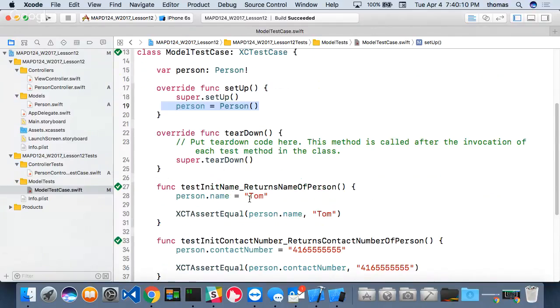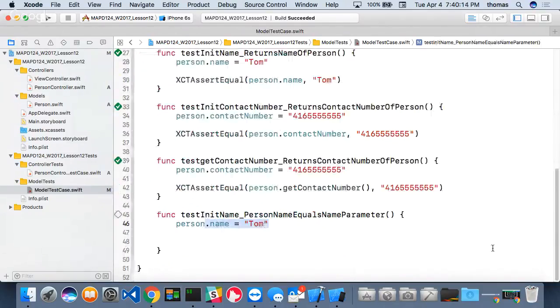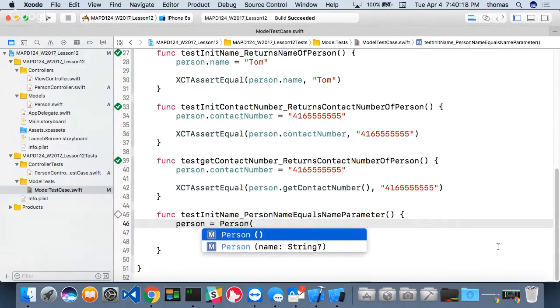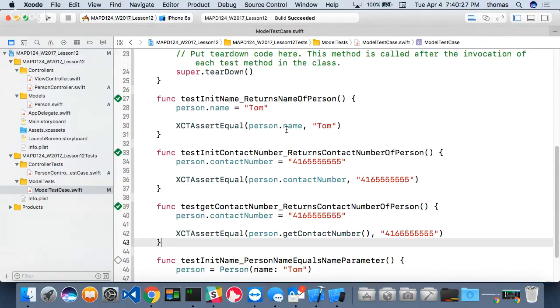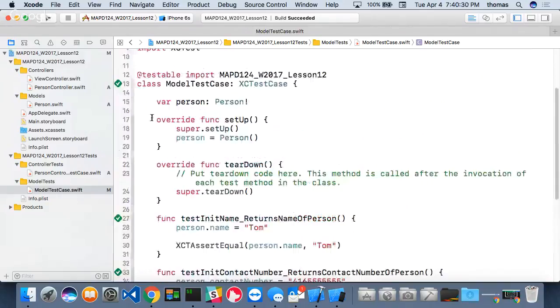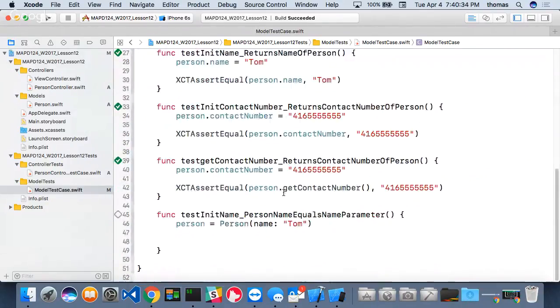But what if, can I reinitialize stuff? Can I do this? Is it possible to do this? Or would this give me an error? Person name is equal to Tom. Because I've already initialized, right? Is that going to give me a problem? I've done it here in my, whenever this will run, this runs every time I run my test. Okay? Will this clash with this? I'm reinitializing. I'm redeclaring, if you will. Well, let's try it. So,